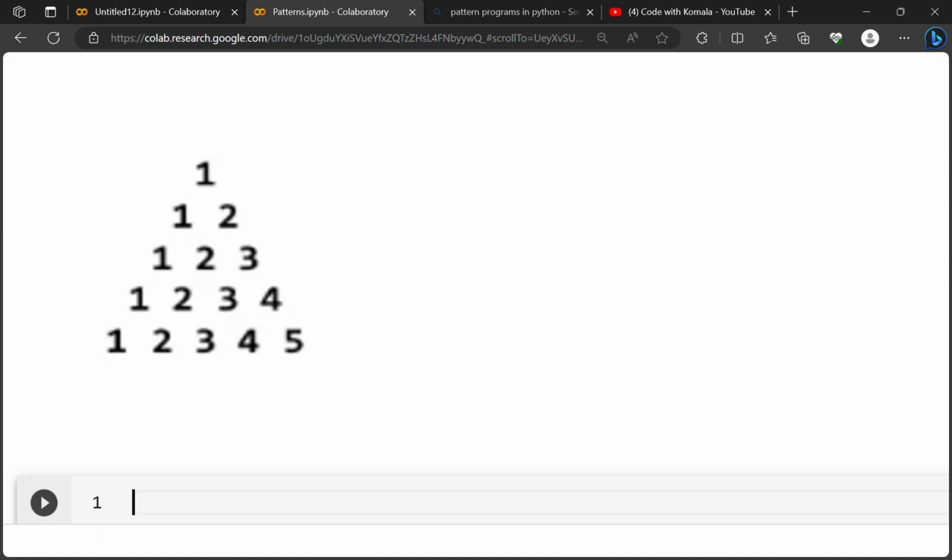So how many spaces are there? Have you observed? In the last row no space is there on the left side. In the last but one row, one space. Last but two rows, two spaces. Last but three, three spaces. Last but four, four spaces. So that means suppose if the number of rows is 5, how many spaces we have to generate in the